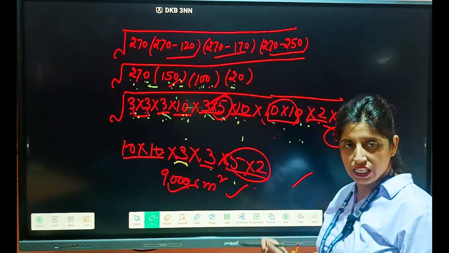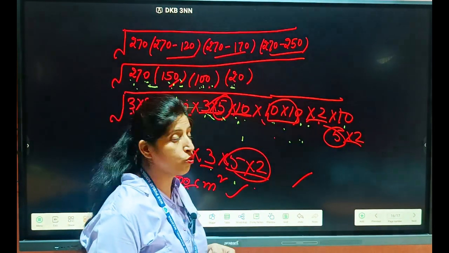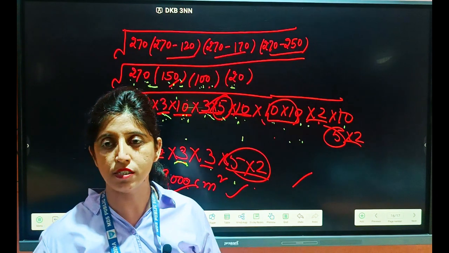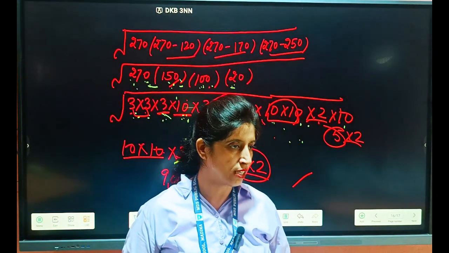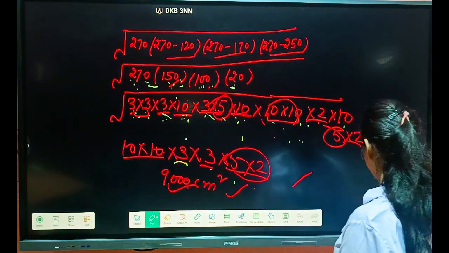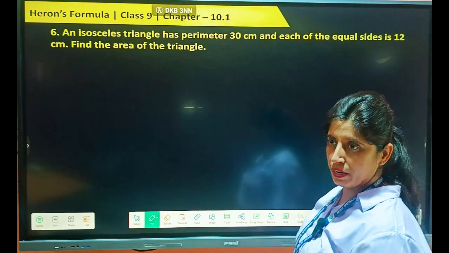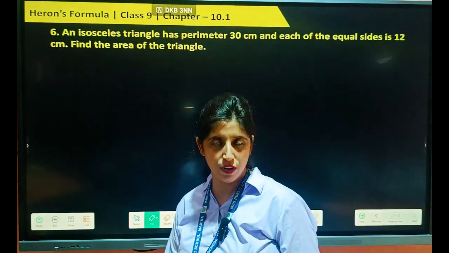So I think this exercise completed. This chapter is also completed. I hope these whole question understand to all of the students. So one more exercise is there. One question left. So this also we will complete right now. Otherwise tomorrow we will complete.